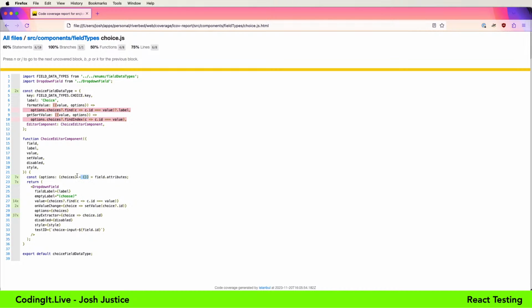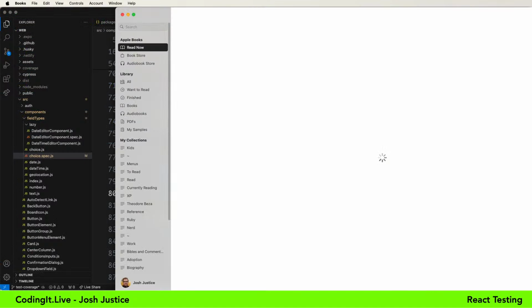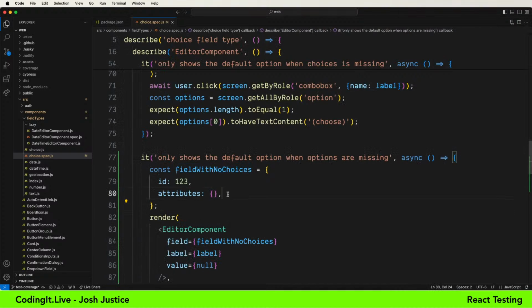And let me think very hard again about this nested structure. Field attributes options. Options is not there, so we're setting the default for options to be the empty object. So that's why, oops, I'm opening a book here. That's why this covers it. And so this makes sense. This is a realistic scenario in the application because on the server side, it doesn't know what all the different things are configured. It doesn't know when you might have a choice field. And so the attributes by default are empty for a field on the server side. The way the data structure works on the server, attributes will never be missing. That will always be there. So this is an appropriate server-side thing. Something might actually blow up if that's not covered.